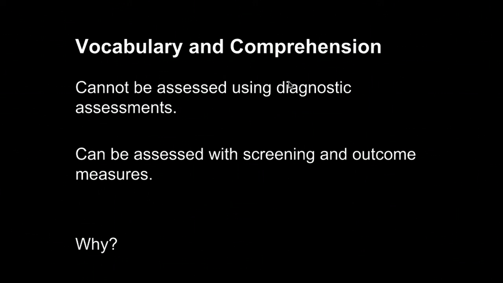Anyone want to take a guess? Yes, ma'am. Well, a student's comprehension would be different based on their background. Yeah. How could you know where the hole is in their background knowledge? That's basically fundamentally why you can't. There's not great comprehension measures, and there aren't any diagnostic comprehension measures. You have no idea where the breakdown is. Is it in their strategic knowledge, which is a whole subset of skills? Comprehension and meaning making, that's like the whole picture. So it's hard to figure out exactly where something could be going wrong.